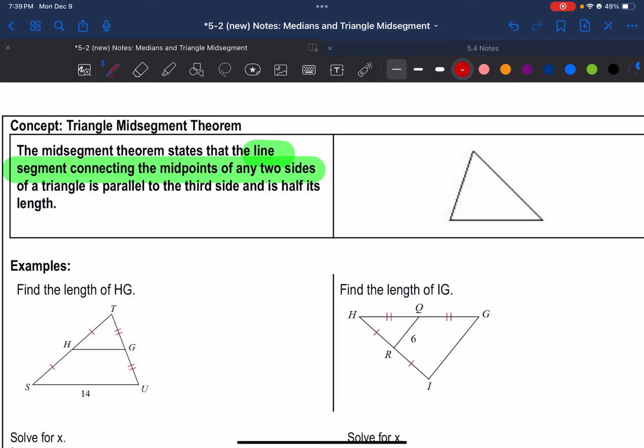So here is A, B, C. If I take a midpoint and call it X,